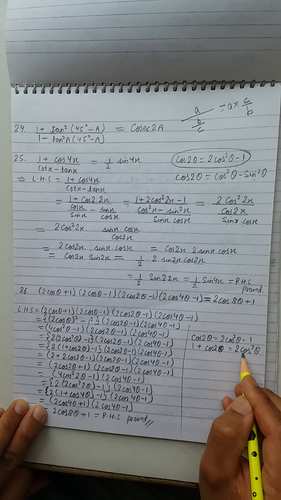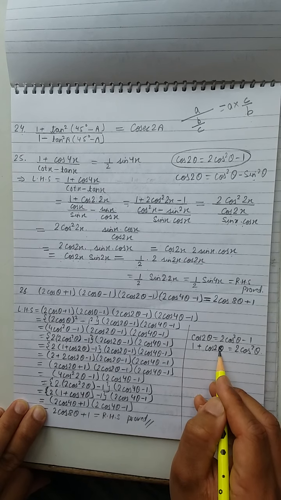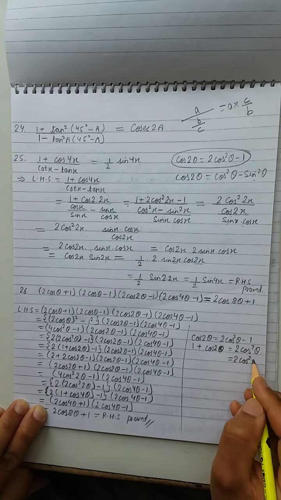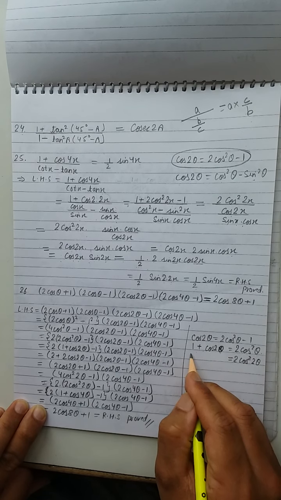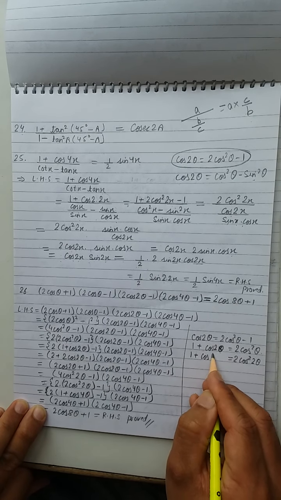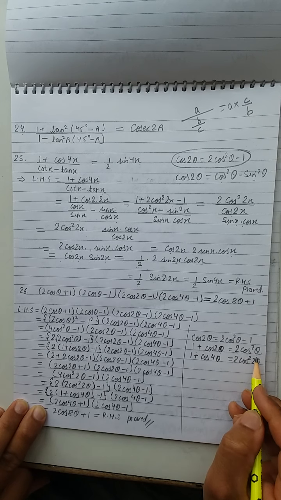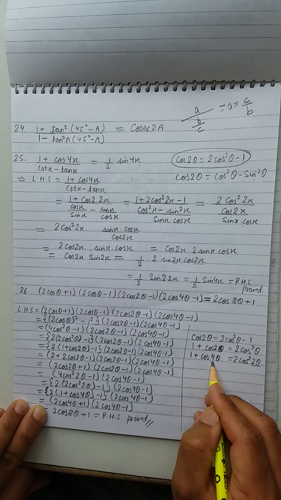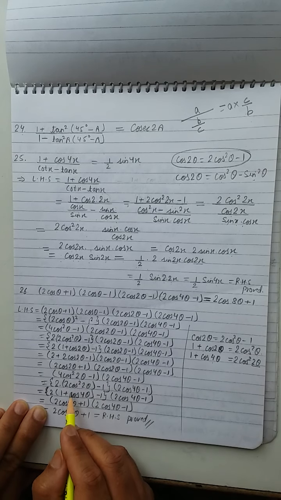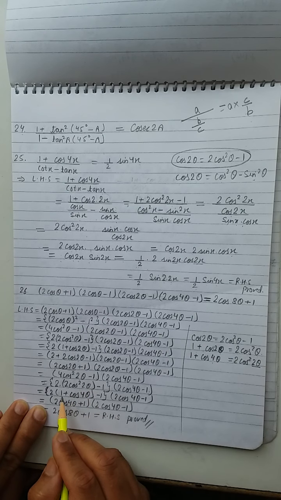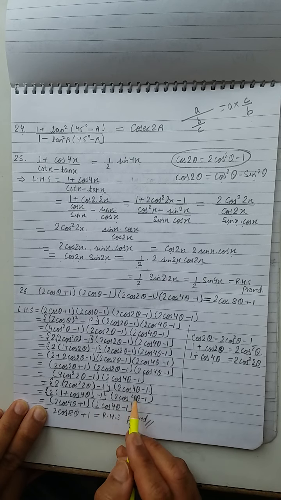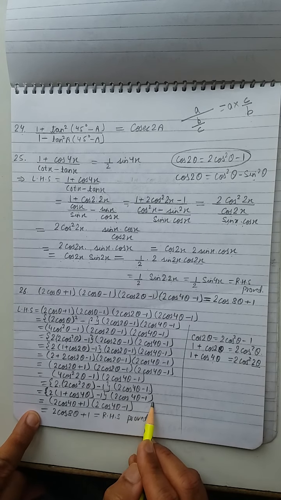Look here, here is 2 cos square theta is equal to 1 plus cos 2 theta. So if we are given 2 cos squared 2 theta, then we should write here 1 plus cos 4 theta. Remember, double of theta is 2 theta. So double of 2 theta is 4 theta. Am I clear? Okay. So instead of 2 cos square 2 theta, we are writing 1 plus cos 4 theta. This minus 1 copied as it is. And the last expression is copied as it is.